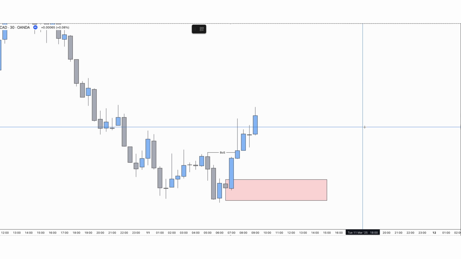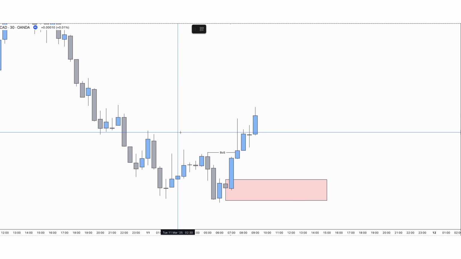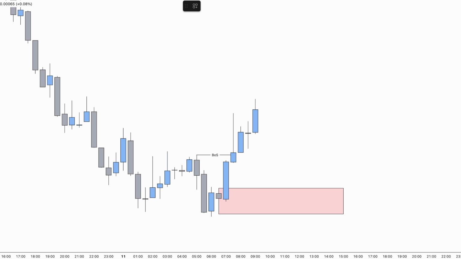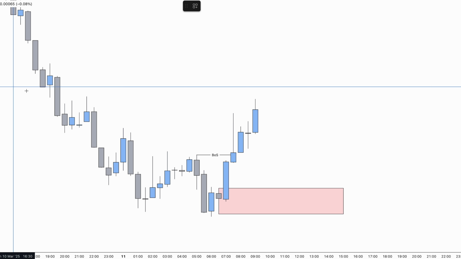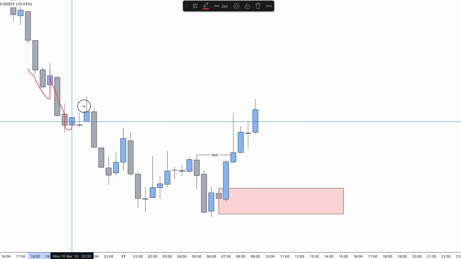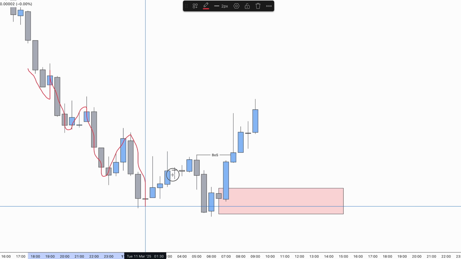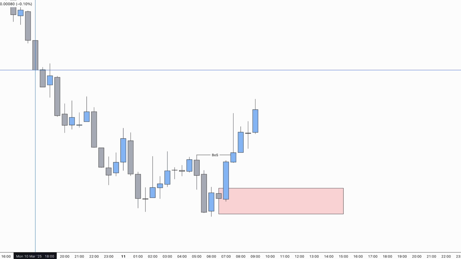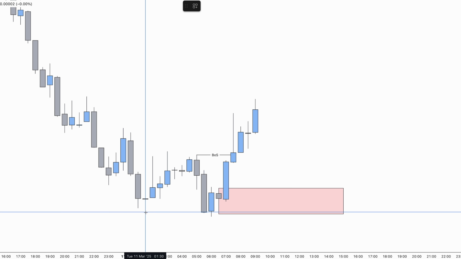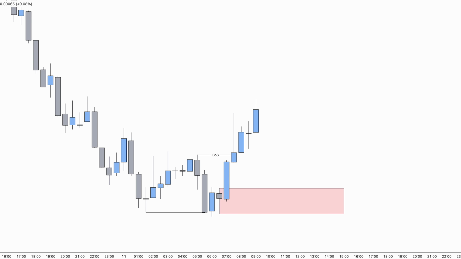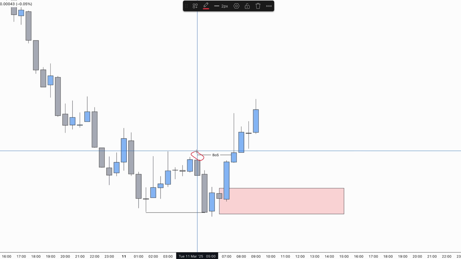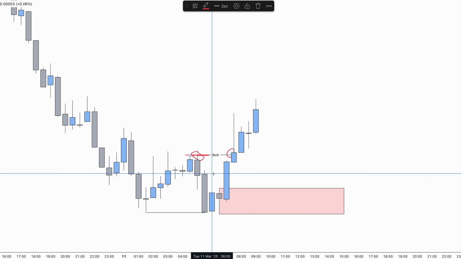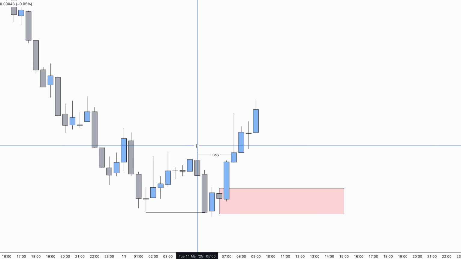Here's an example of a confirmation entry in a real market. So here we have a market that is trending to the downside initially. You can see that the market is here creating consistent lower lows and lower highs, showing that this is indeed a bearish market or a downtrend. Now eventually, the market sees a break of structure which takes place over this high. You can see this is the final lower high in the trend,